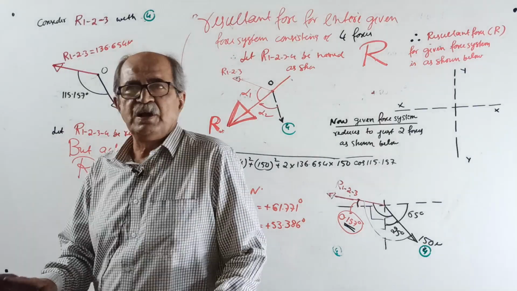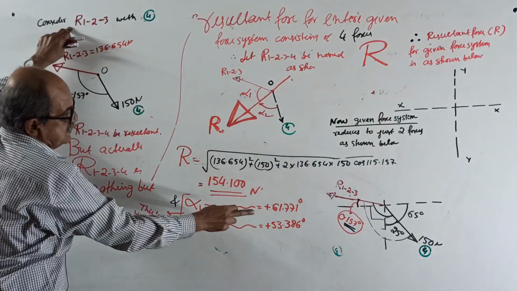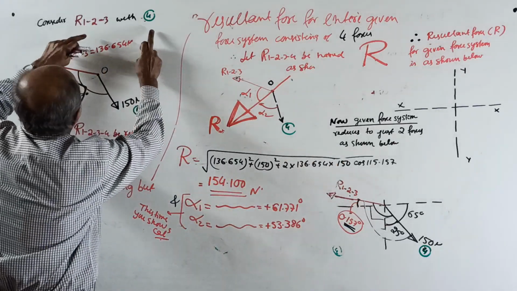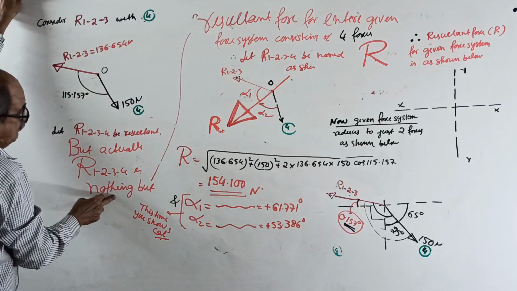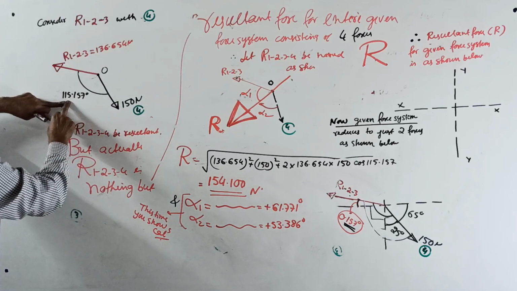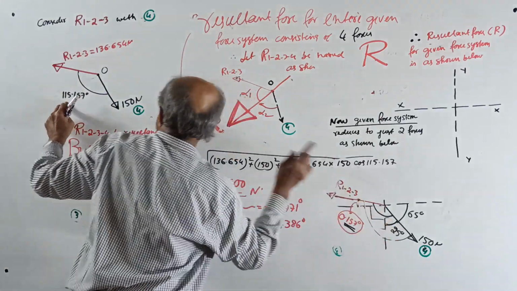Okay, I wrote everything here. Now consider R123. Where is R123? This R123 with 150 Newton. Now this angle I already explained. Everything is over. This R12, I told up to here. How I got this angle I told: 0.157, 90 plus 25. Then